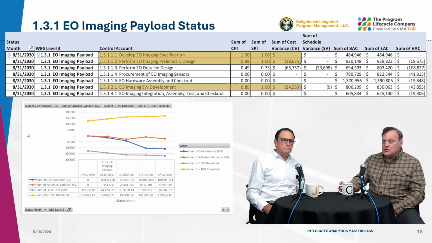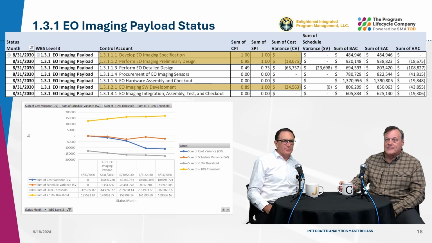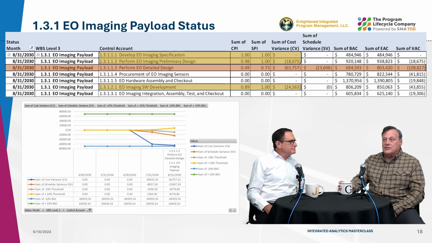The first 2 control accounts are complete, one of which has a remaining unrecoverable cost variance. A third control account, 13121, has completed work planned to date, but has a cost variance with future work that is also expected to overrun. The EO detailed design control account is significantly overrun and is behind schedule. The control account is outside the threshold to the current plan and is close to being outside of the threshold